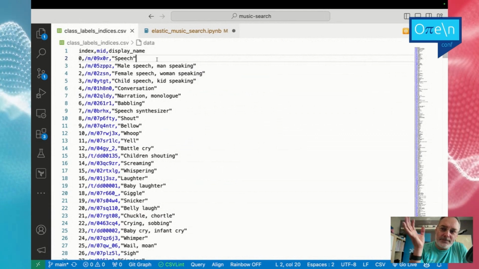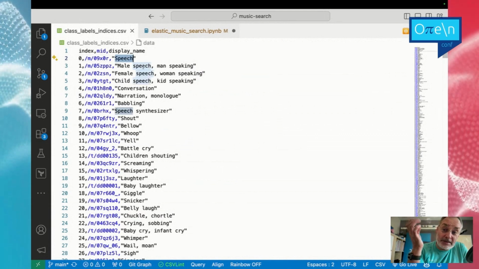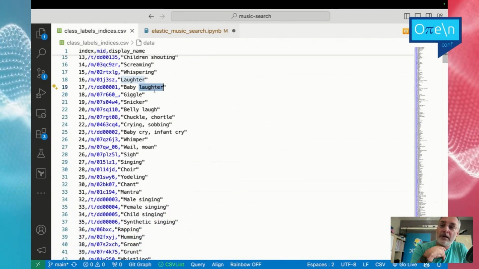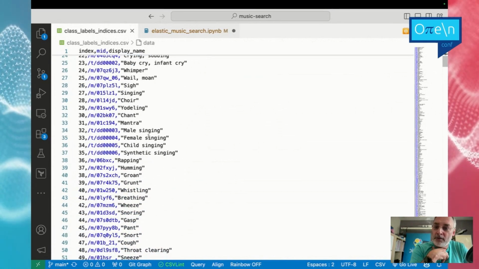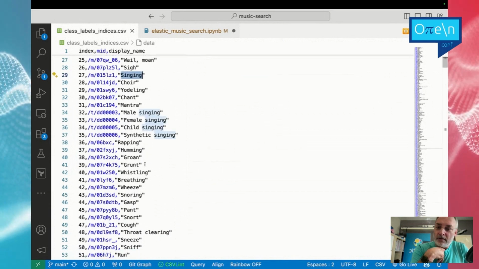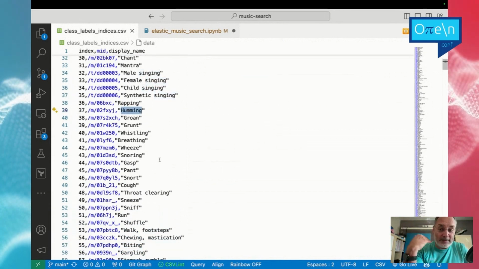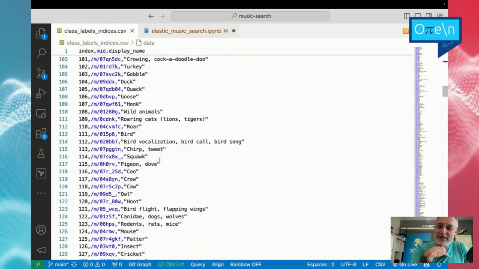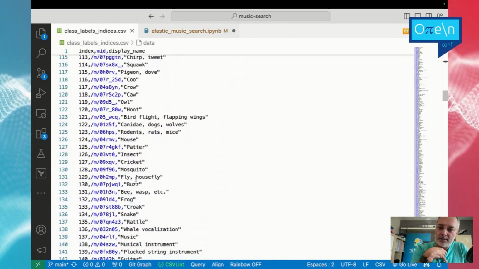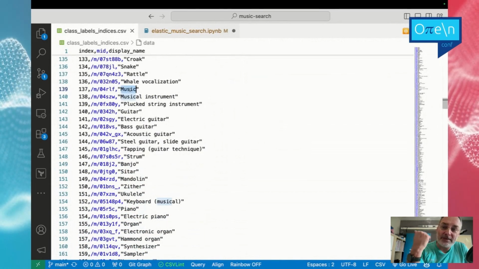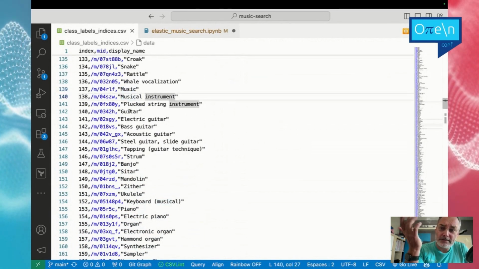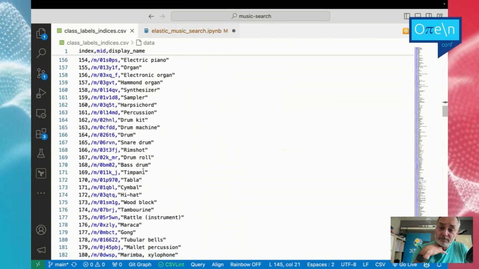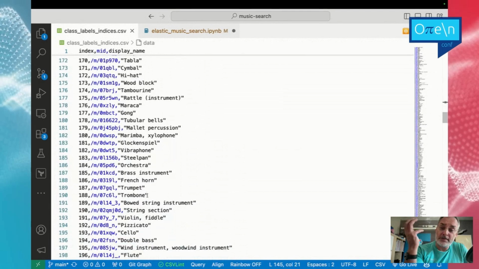It tries to classify if the sound has a speech, male speech, child speech, if it's a baby, laughter, if someone is singing, if someone is humming a song, some other songs that I don't want to comment here. Then some animals, and then at some point, is that music? Is that a musical instrument, guitar, electric guitar, acoustic guitar, organ, drums, percussions, and all that.